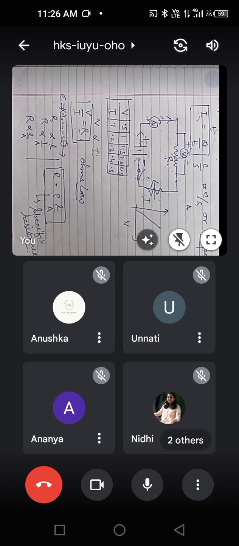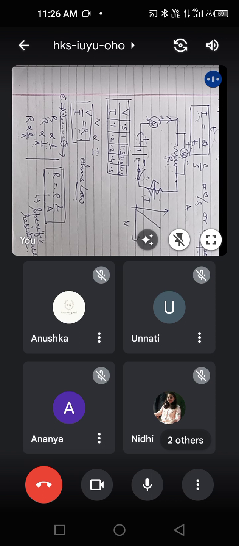Okay, write down: first of all, the resistance of a conductor is directly proportional to the length of the conductor, and inversely proportional to cross-sectional area. It's down in the denominator, so it's inversely proportional. Combining, we have R proportional to L by A. R is equal to rho times L by A, where rho is called specific resistance